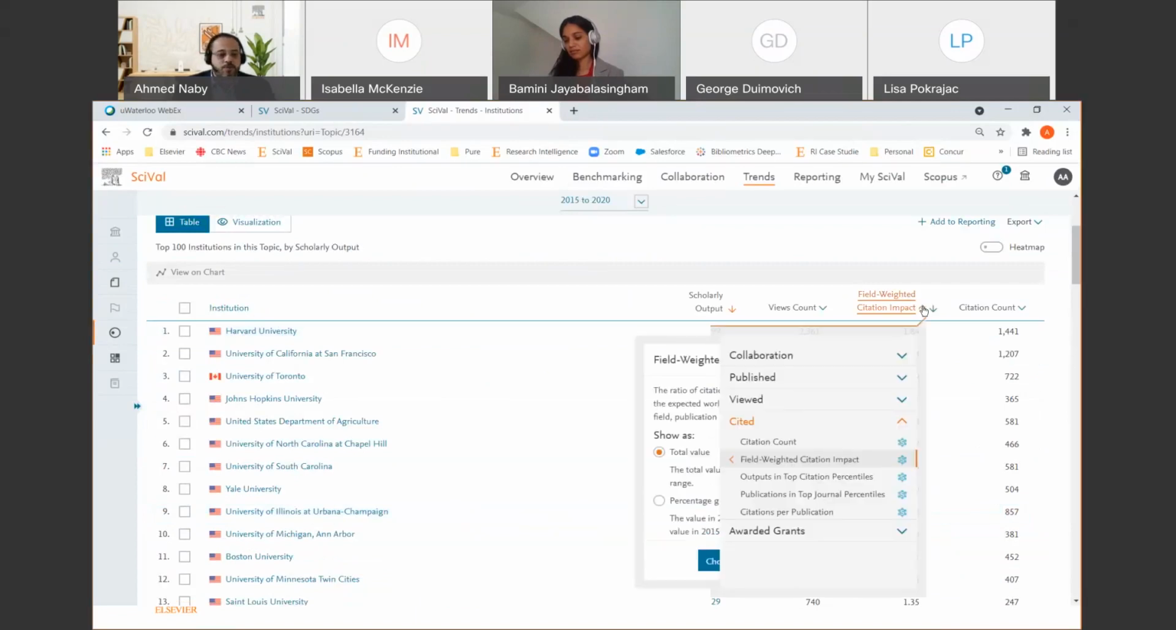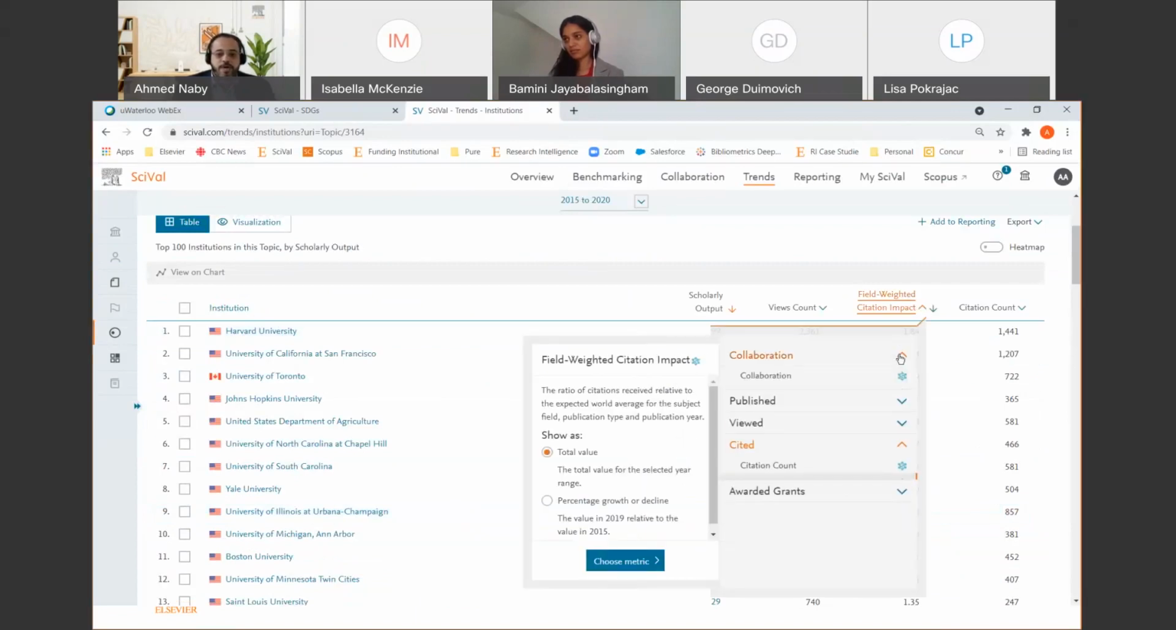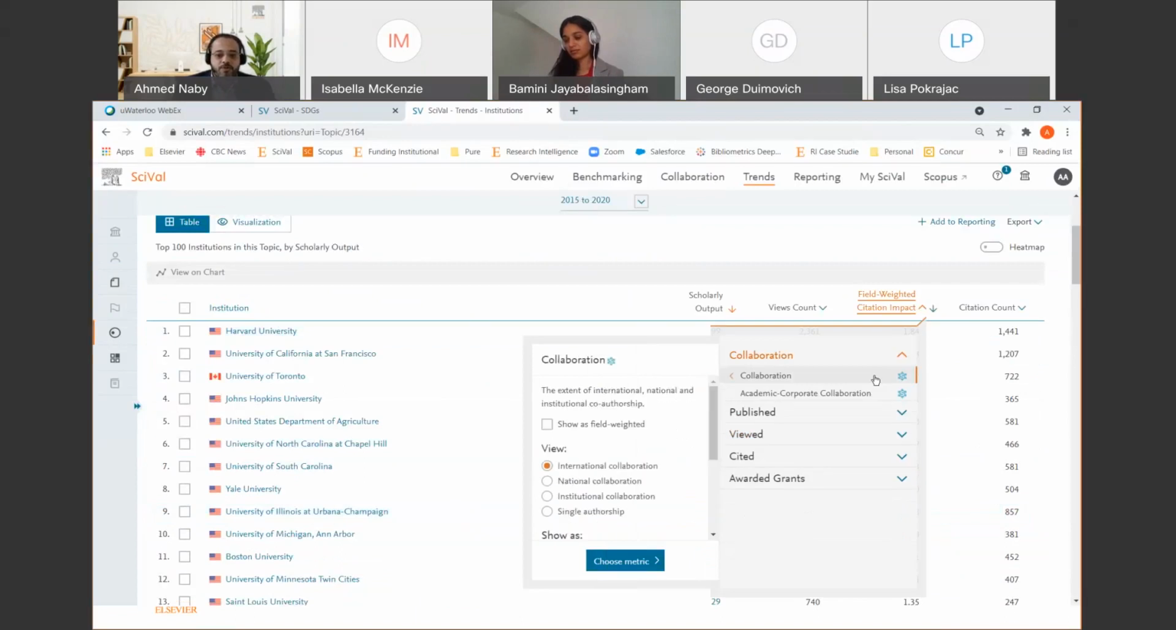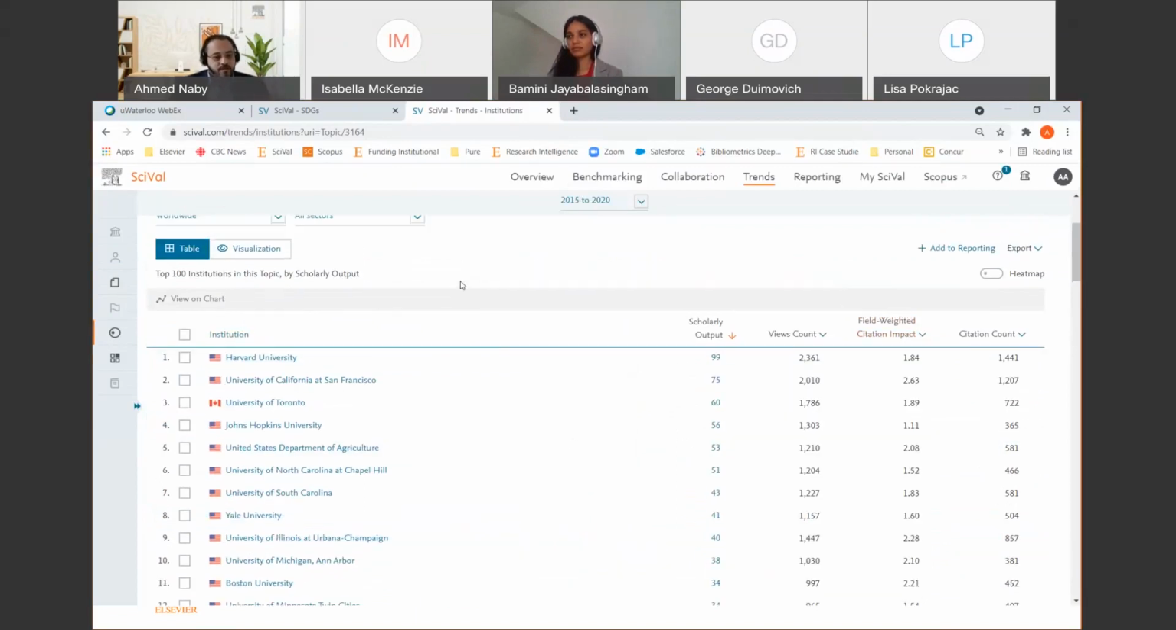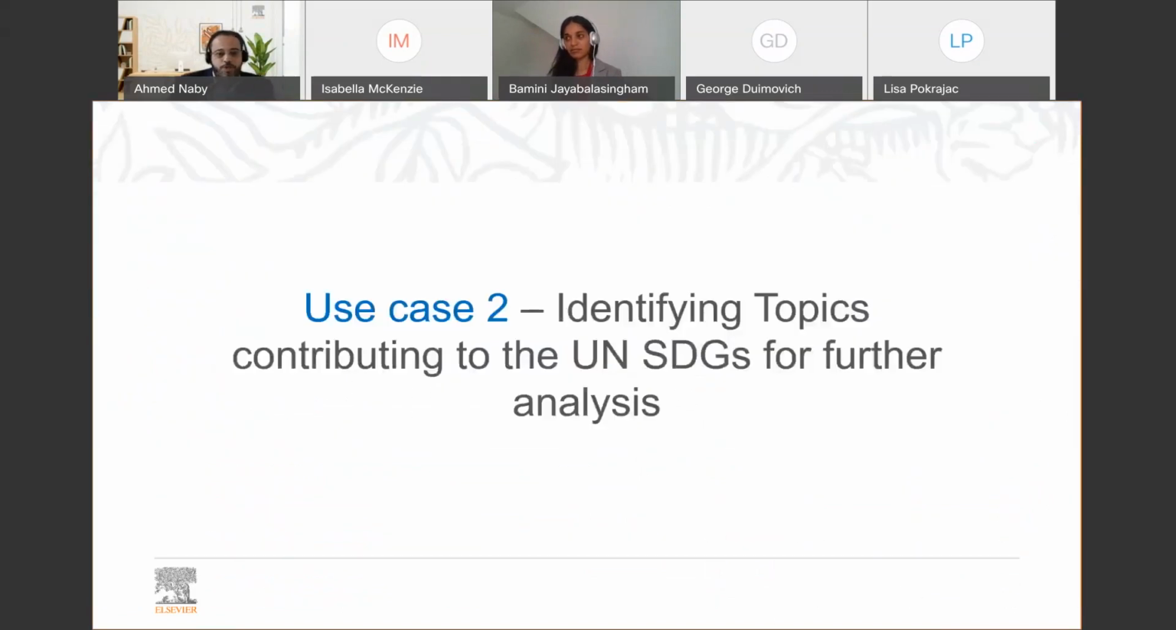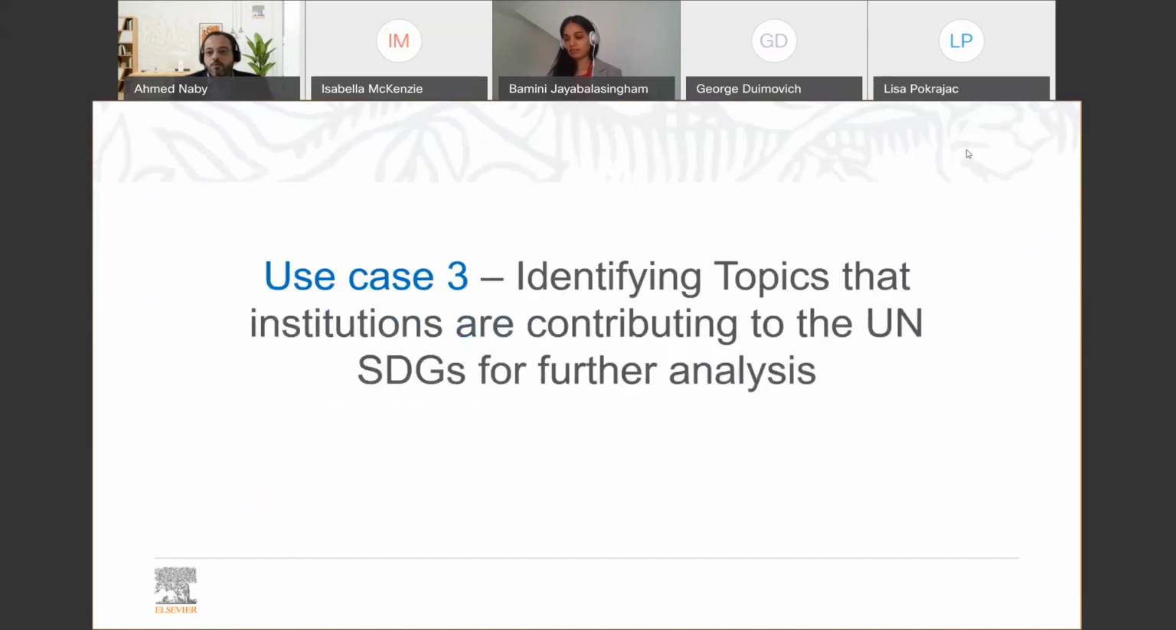So for instance, if you want to rank them based on international collaboration, you have the option here to rank them based on the international collaboration. So this is one way that you can use SciVal to analyze topics within an SDG. Now I will move to the third use case, where I will go more